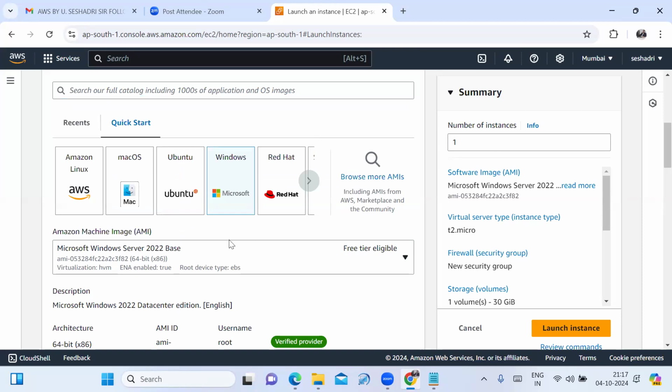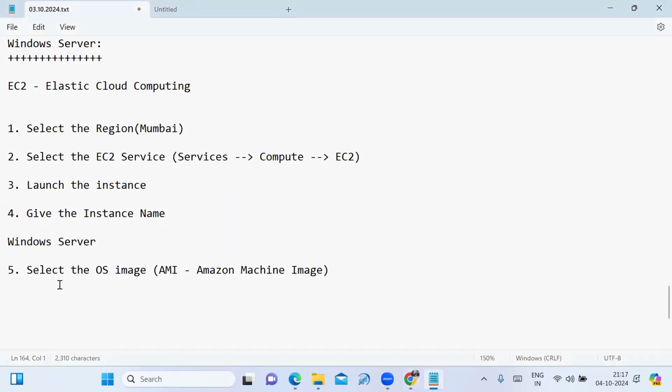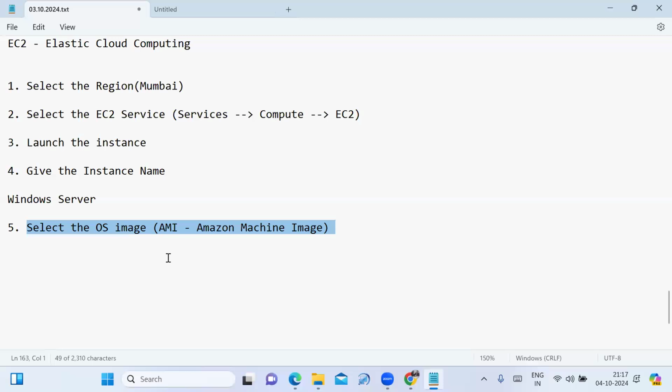When you select the free tier eligible one, it shows the AMI ID. The next thing is you need to select the operating system image. Which operating system image are you selecting? I am selecting Windows. Then the next step is,